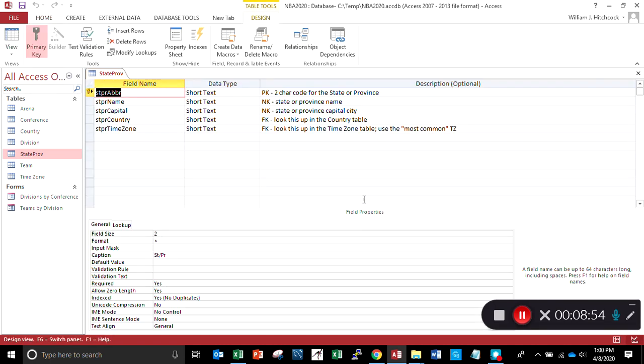And notice when we look at this one in design view, you can see I've got a prefix, state, province, STPR, and then the field name, abbreviation. They're all in camel case, so I did that uppercase, lowercase thing. You could see the data types. All of these happen to be short text in this case. I've got a description on all of them, primary key, non-key fields, foreign keys, and we've got our three main